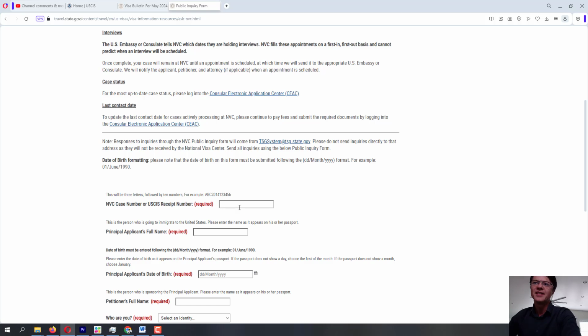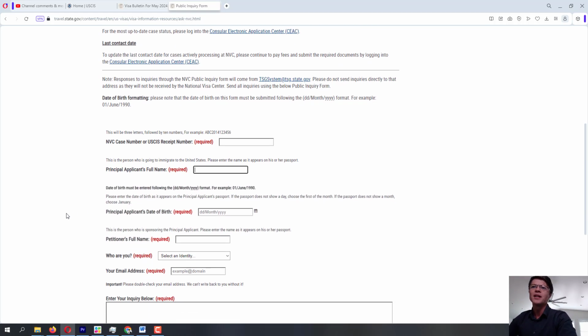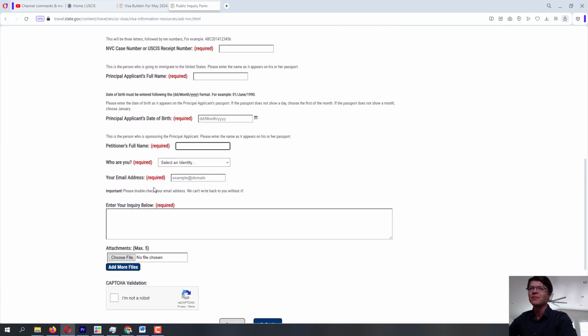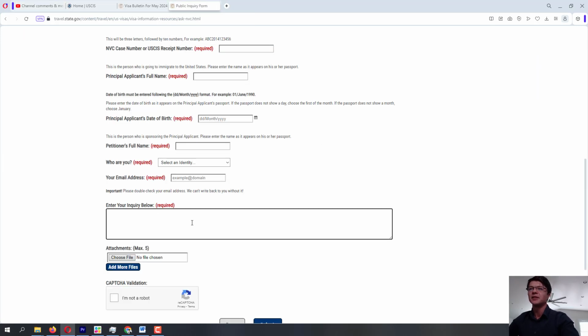You'll put in your NVC case number here. Principal applicant full name is the beneficiary's full name. Principal applicant date of birth, the beneficiary's date of birth. Petitioner's full name, and who you are: petitioner, beneficiary, attorney. Email, and then in your inquiry, for example, in Harpreet Kaur's example, it's gonna be, hey, dear sir, madam, whatever,